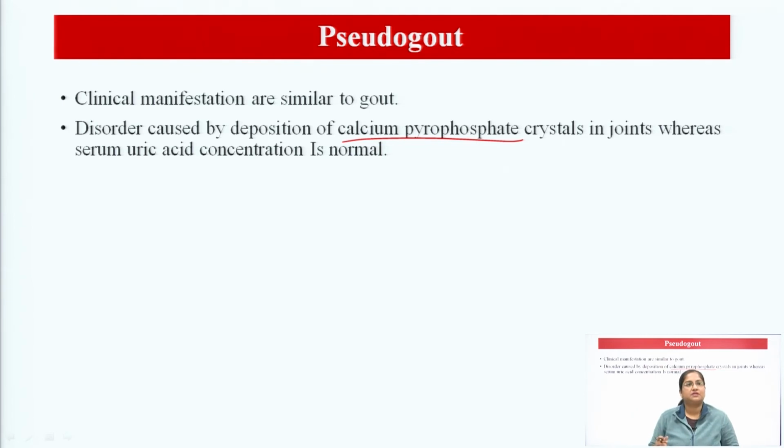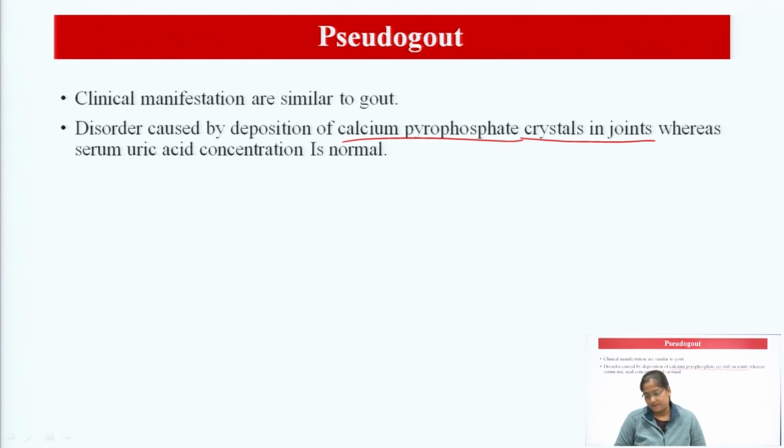So, the calcium crystal we can see in pseudogout. If there is a deposition of calcium pyrophosphate crystals in the joint, that means the tophi will be because of calcium pyrophosphate crystals, and there will be an elevation of our serum uric acid, and that is called pseudogout. I hope you understand the full thing,